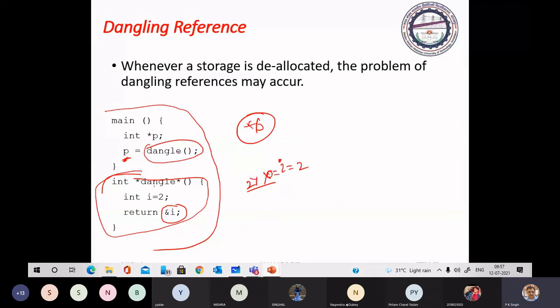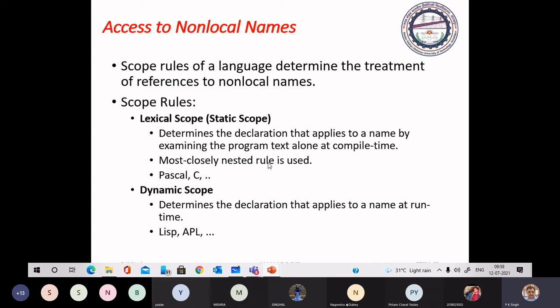You will lose this information. Null pointer assignment. So this is all about your runtime storage management.